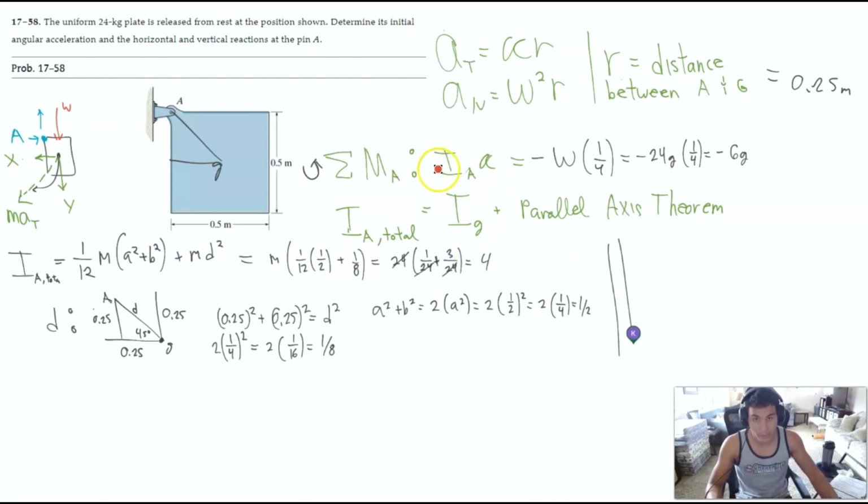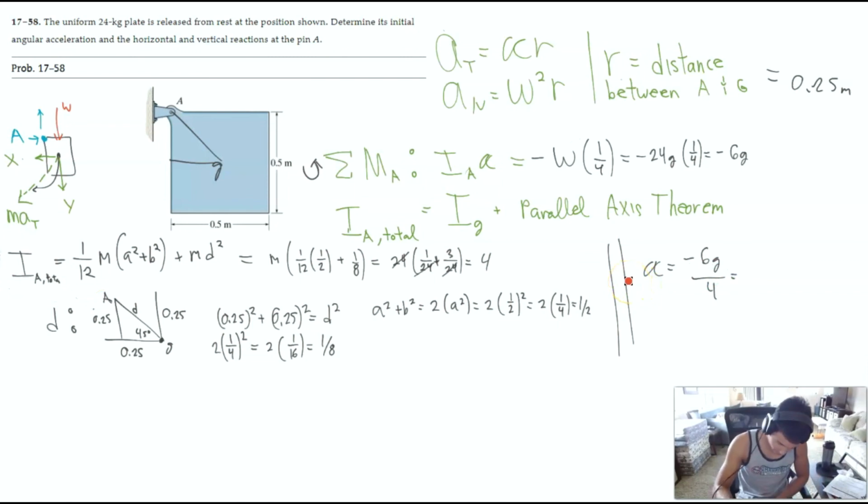Okay, so we know that using this idea, we can say that alpha, so we want alpha alone by itself. Alpha is equal to this, negative 6G, divided by IA, which is what we have right here. So divided by 4. So we get that alpha is equal to negative 3/2 gravity. Okay. So let's put that in a decimal. So when you put this in your calculator, you get alpha is equal to negative